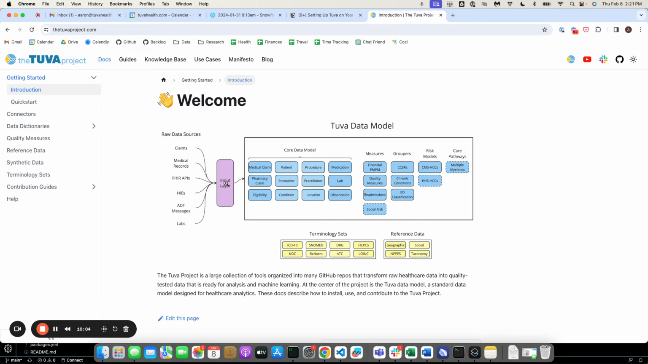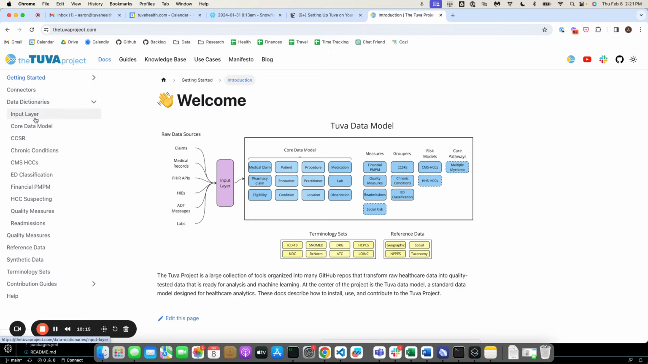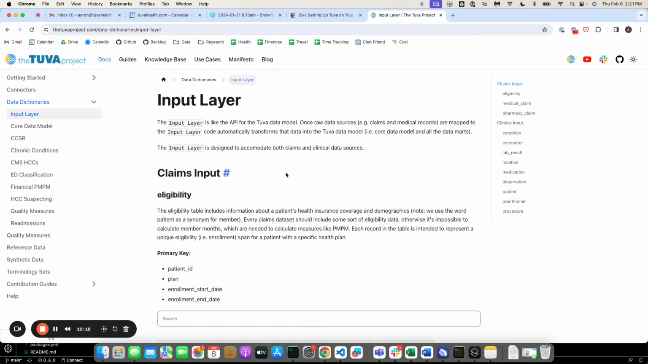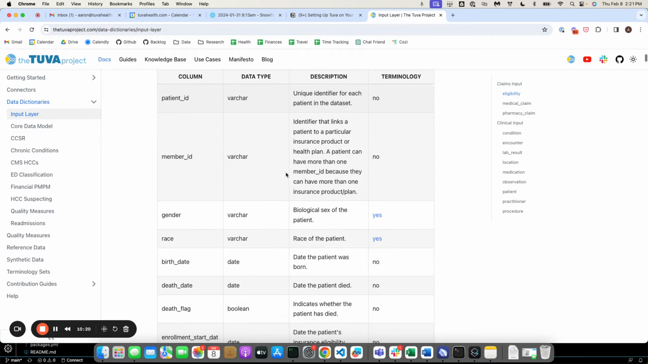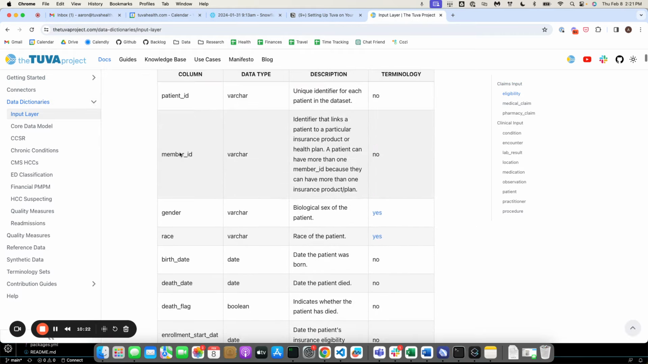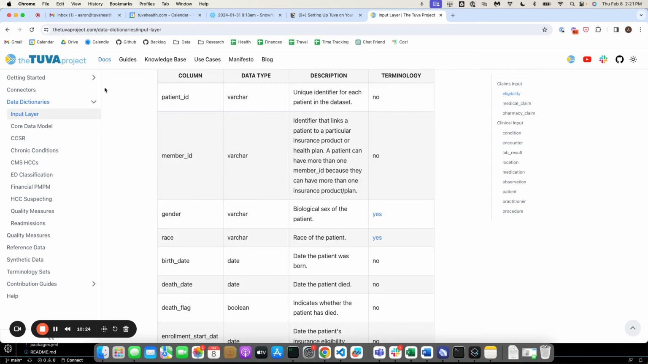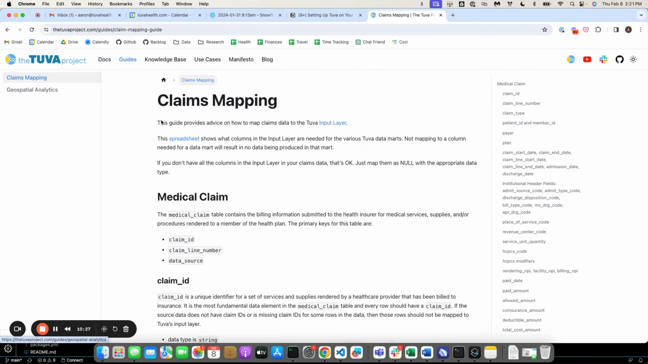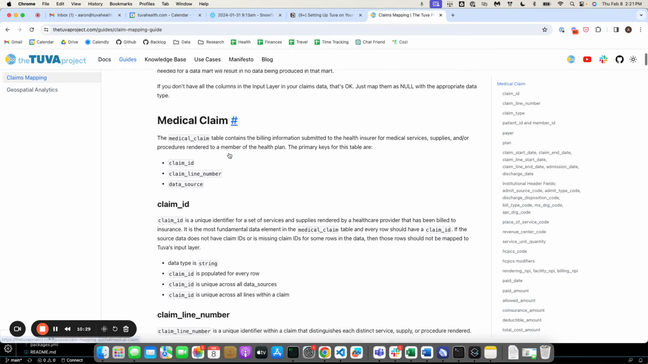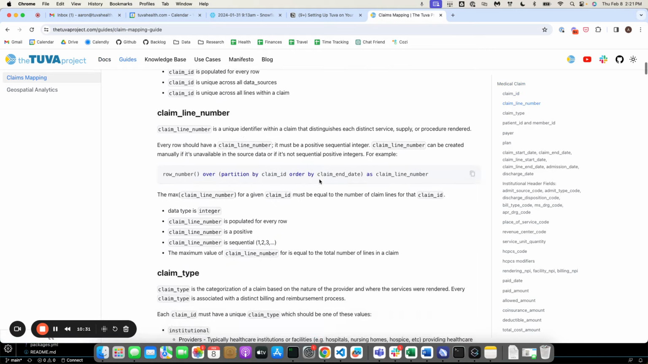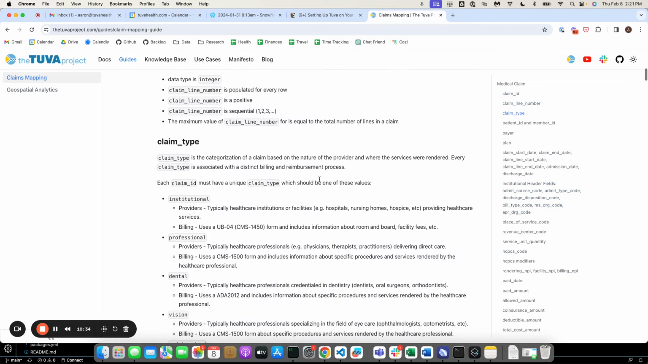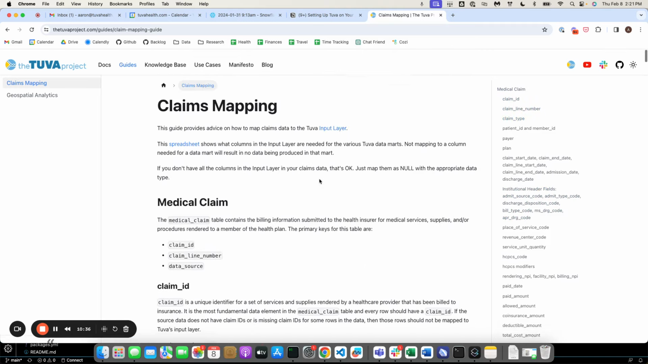Once data is mapped to it, you can run all the other data models and data marts on top of that. We have a couple of tools on tuvaproject.com. First, you can go to data dictionaries and see the full data dictionary for the input layer. You know exactly what columns you need to map to, data types, etc. We also have a claims mapping guide that, for a lot of the fields in the input layer,